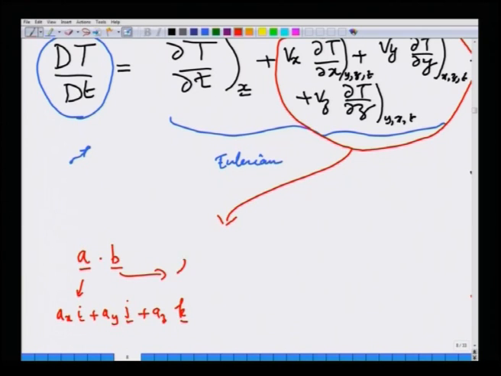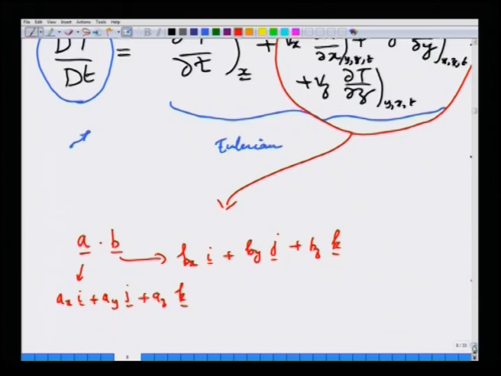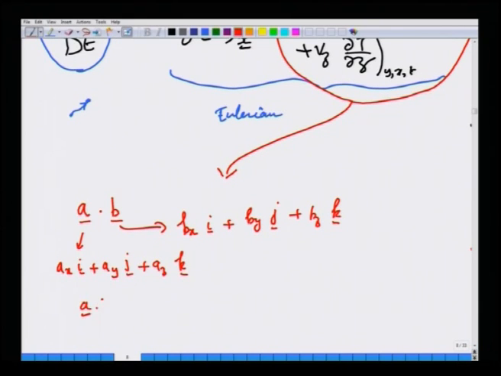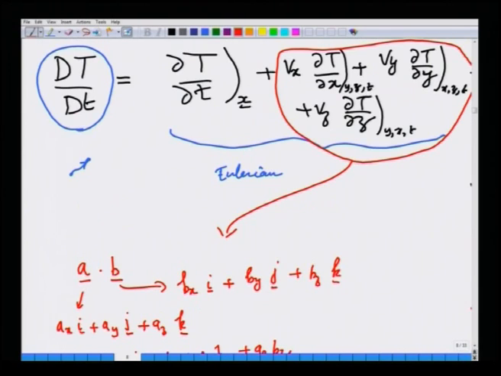Okay. b is similarly given as bx i plus by j plus bz k. Then a dot b is nothing but ax bx plus ay by plus az bz. Okay. Likewise, if you look at this expression, it looks like a dot product